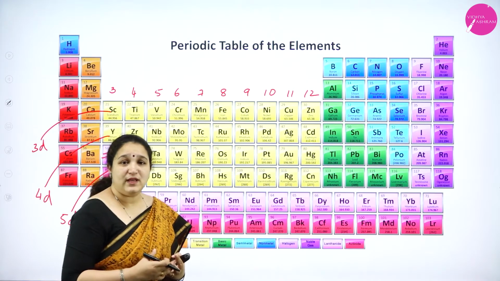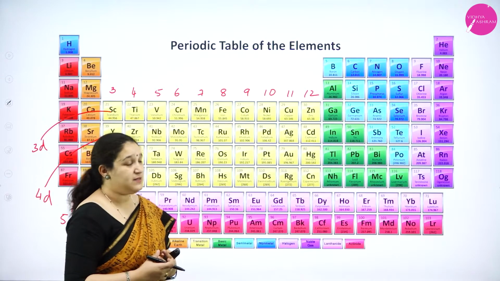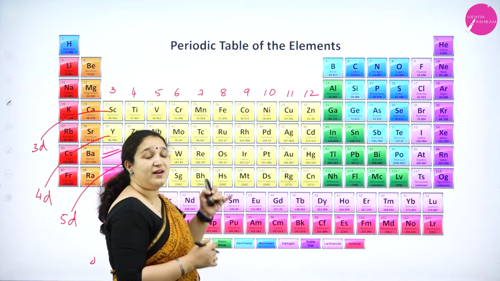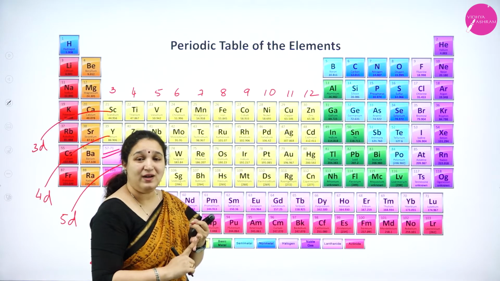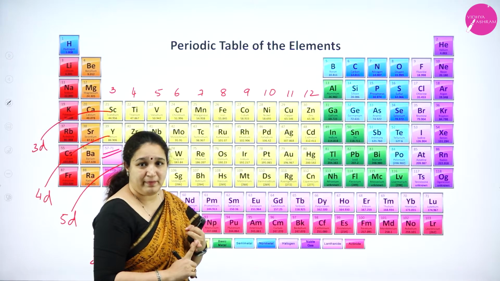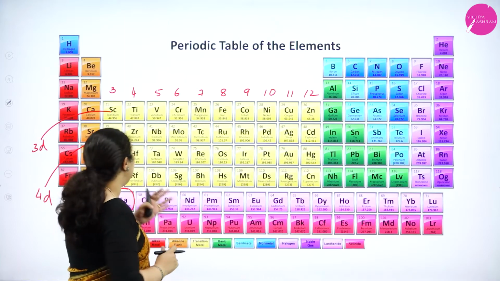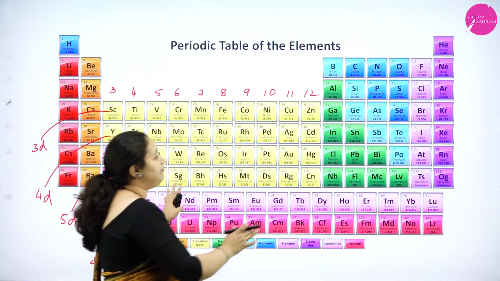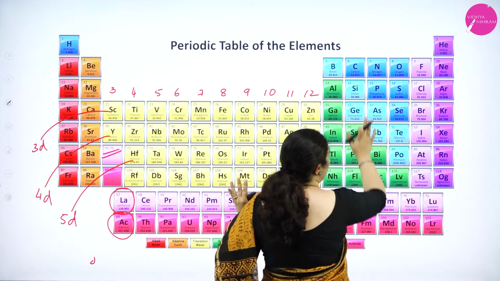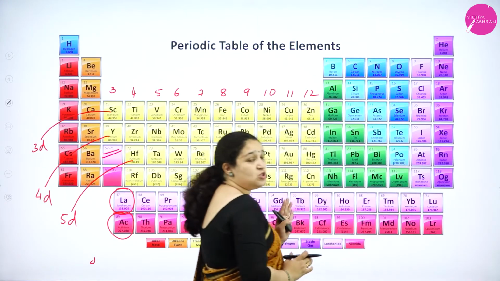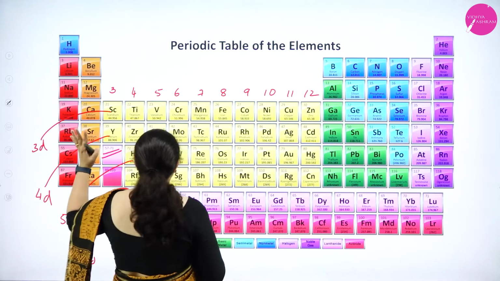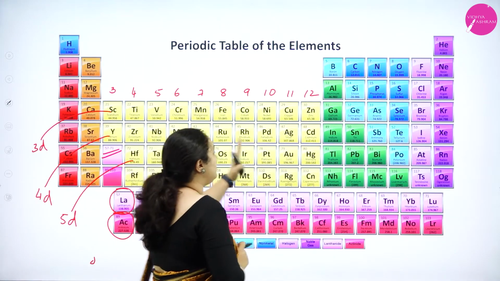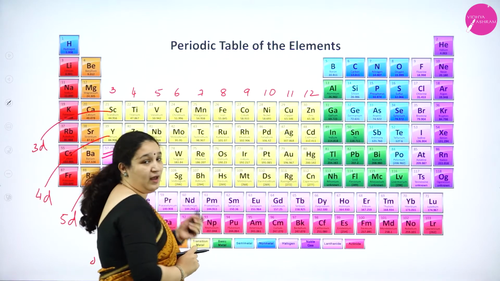Now one more thing you can observe here is that in d block elements all are metals and they are called transition metals. Why? See, in s block elements we have soft metals, and in p block elements we have metalloids and then the non-metals. So there is a transition from the metal state to the non-metal state. That's why we call them transition metals.